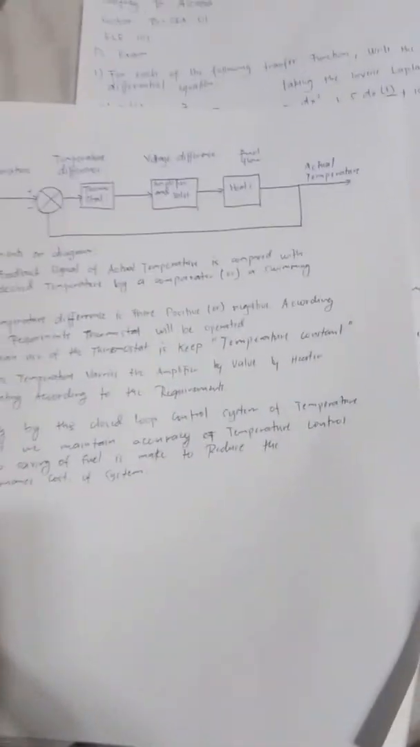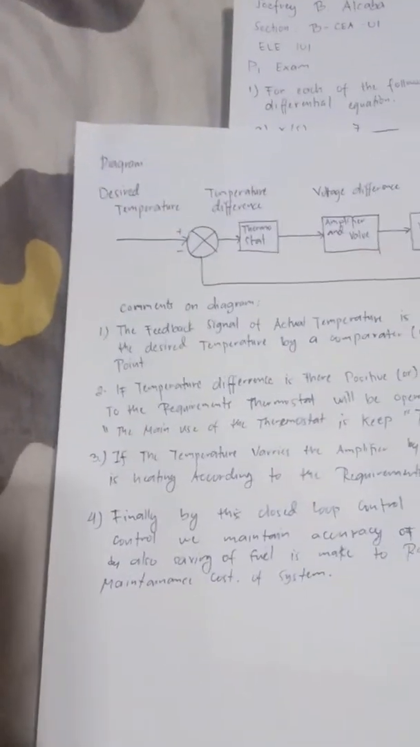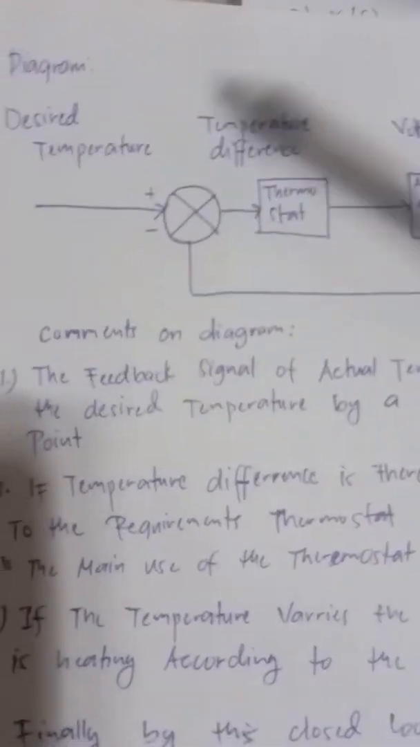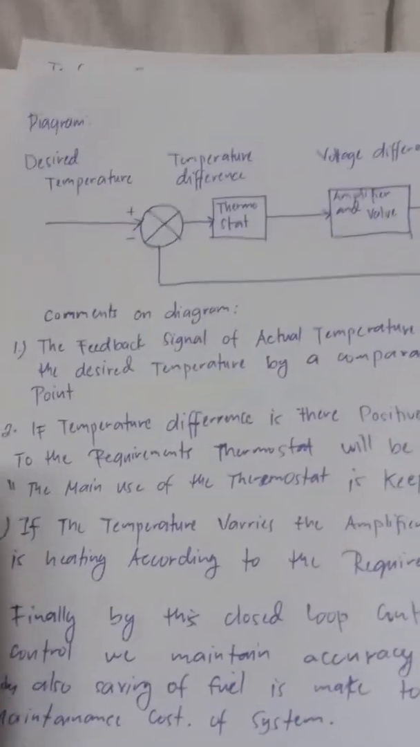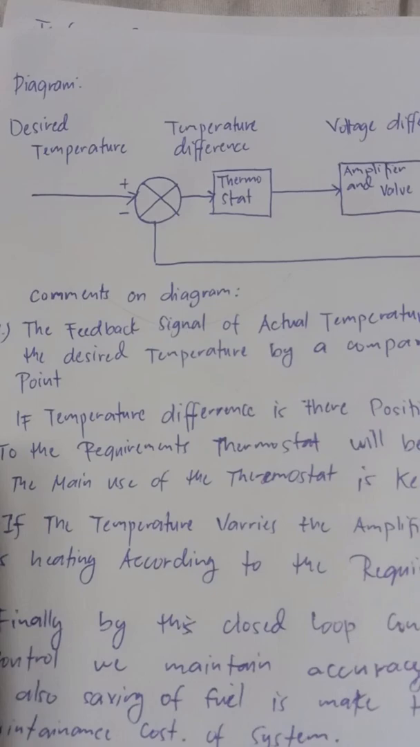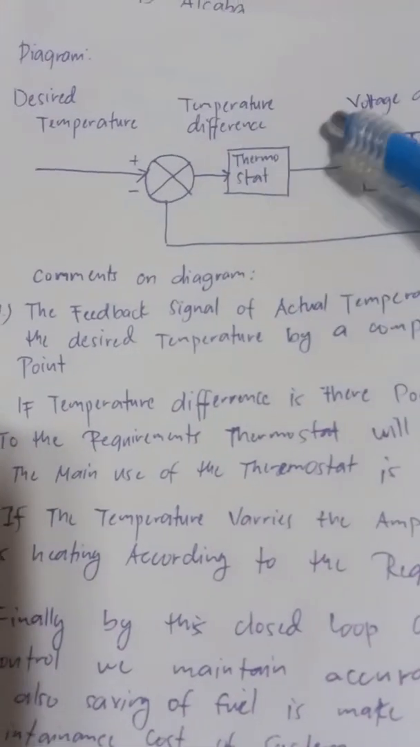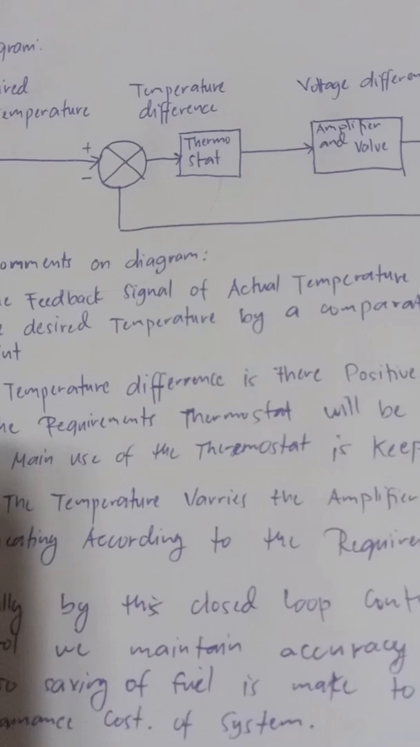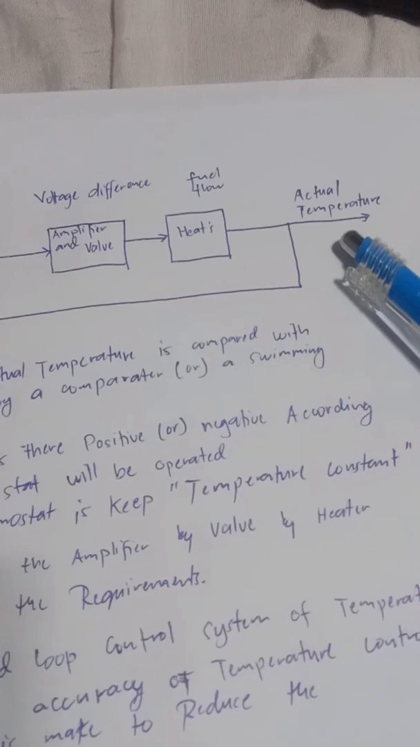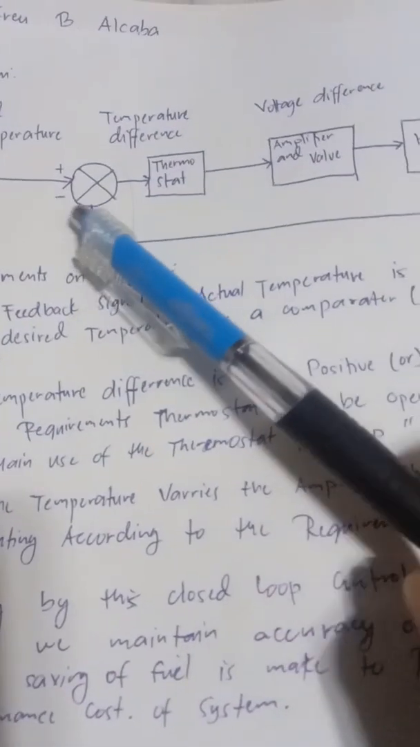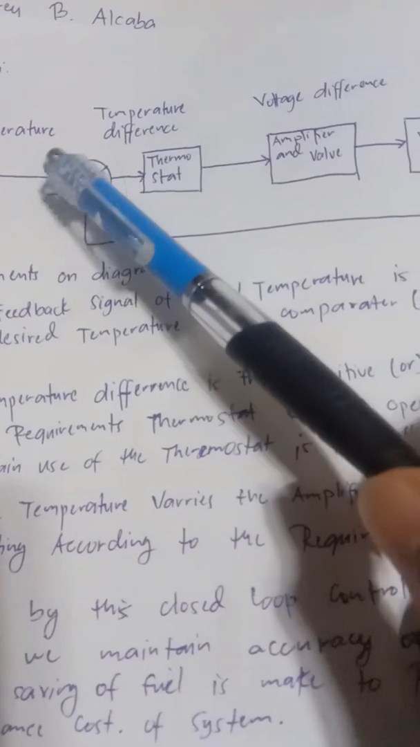And now that's all. And let's proceed to the diagram. This is the diagram, with the desired temperature, the temperature difference or voltage difference or fuel flow, and the actual temperature. This is the diagram, positive above and